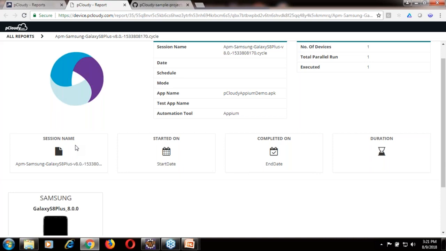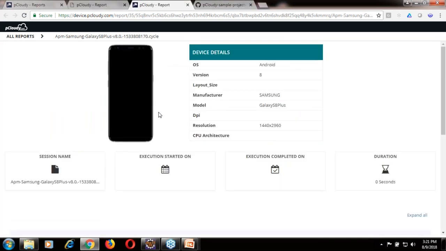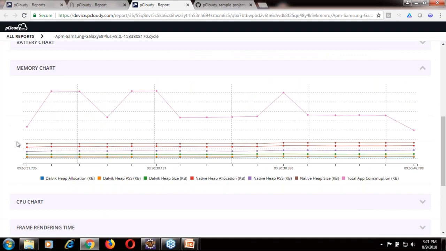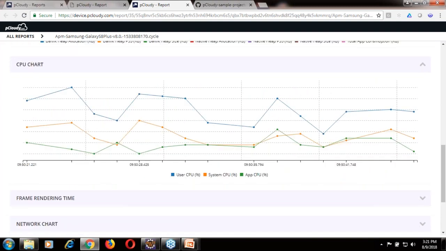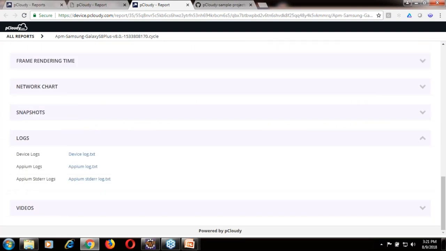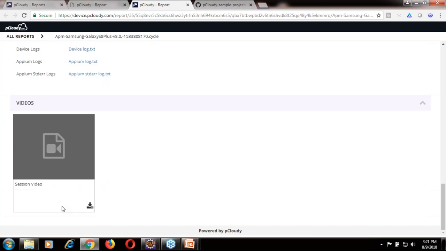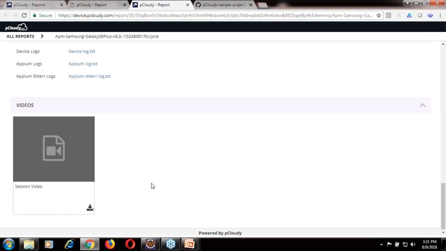And if I click on the device name, you will be taken to this in much more detail. You can see the memory information, battery information, CPU information, and snapshots if you are capturing. Okay, we have not captured anything there. In the logs, okay, the snapshots are typically not here. It will be on your local system, and these are the logs. You can get the entire device logs, Appium logs, and Appium standard error logs, and towards the end you can also get the video for the entire session. So this way you can see the